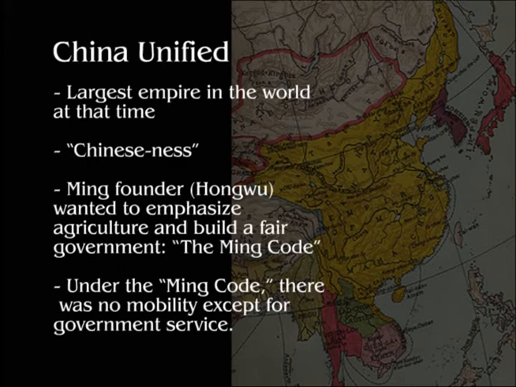So the Ming Code was supposed to introduce low tax rates. It was supposed to honor peasants because peasants were thought to be very essential to survival. It aimed for a fairer government because the law was written down, so everybody was supposed to be equal before the law, and the punishments were across the board supposed to be the same for everyone.